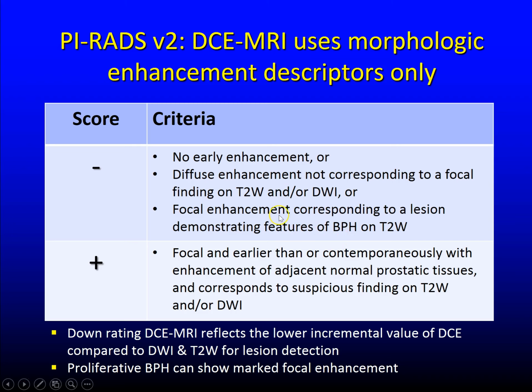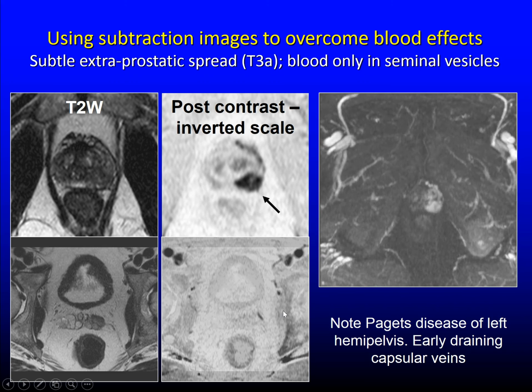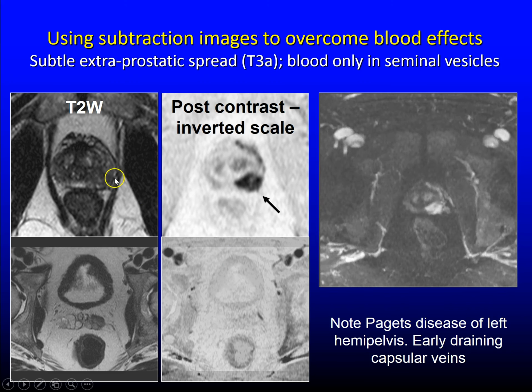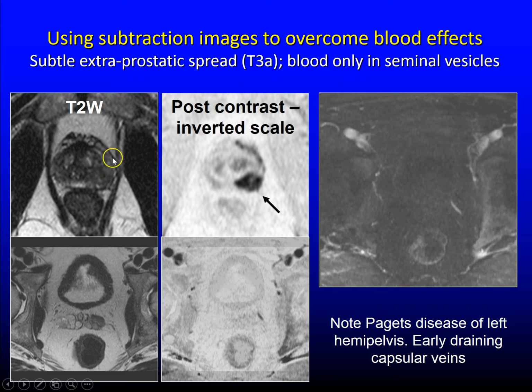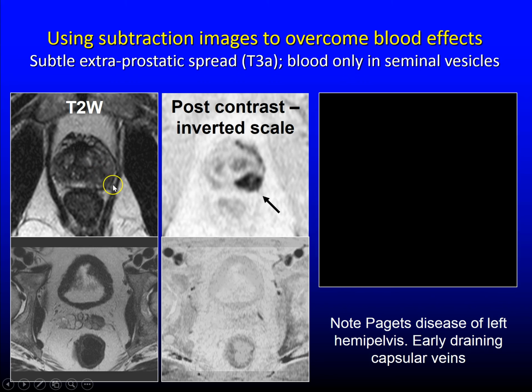So that'll all be considered as negative. A positive assessment is a focal lesion that enhances early and corresponds to a suspicious finding on the T2 or diffusion sequence. So here's an example of a patient who has a tumor in the peripheral zone of the prostate